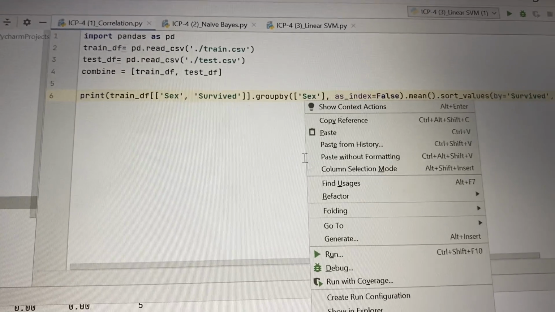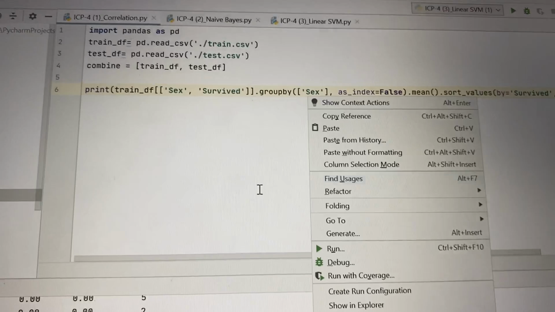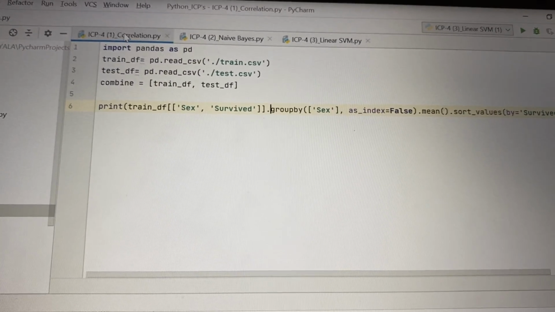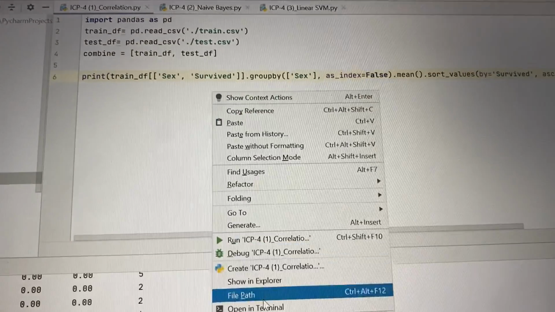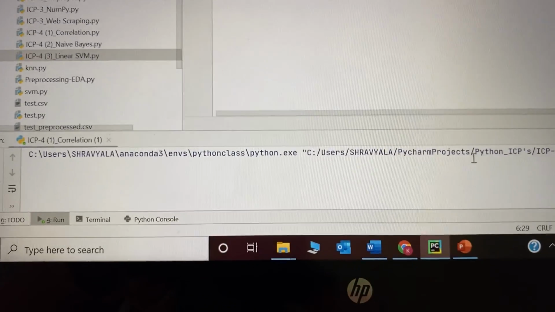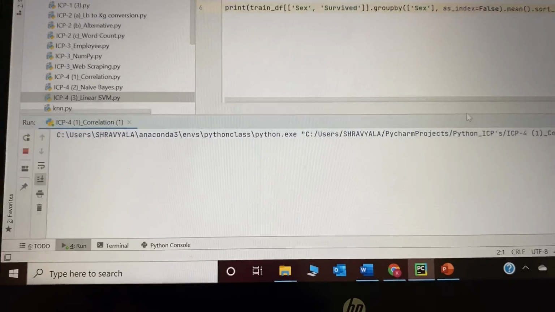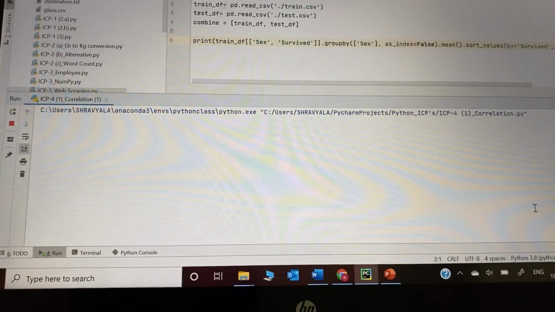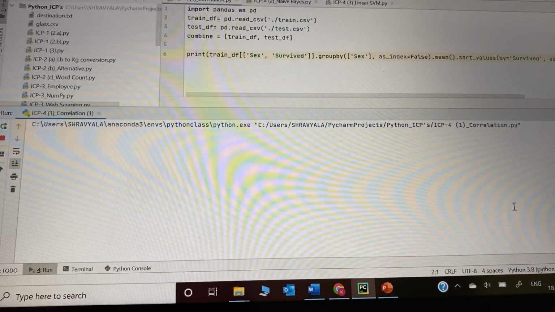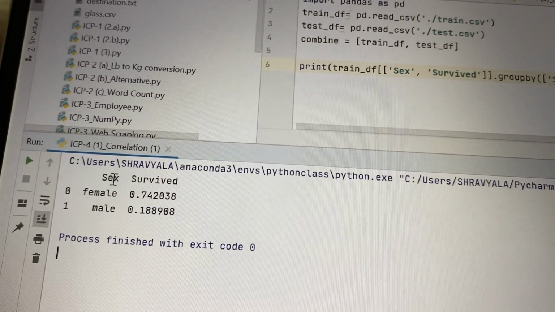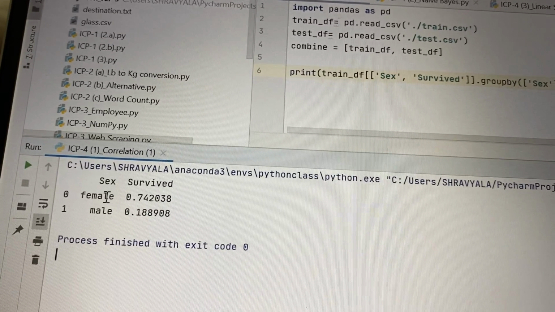So I'm running this program here. So we can see the output over here. It's showing sex and survived, the female.